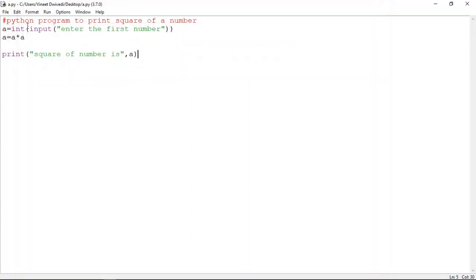Now see, let's have another program now. Python program to print principal, simple interest and amount to be paid, okay, amount to be paid.